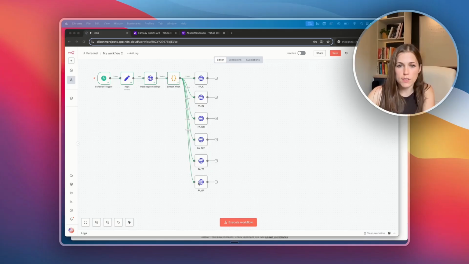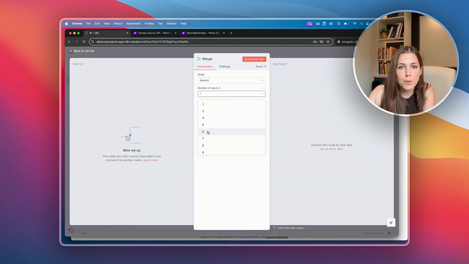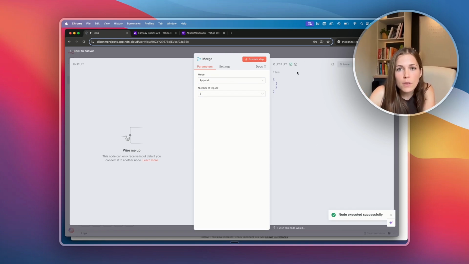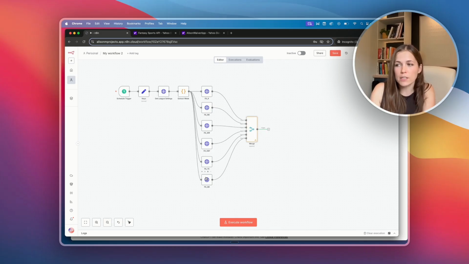All right, we've got all 6 position types added, and next we want to merge these all into one file. So we search merge here, and number of inputs is 6, and it's append. It just means it's going to be added to the end of each file into one mega file. And we're going to go in here and take our merge, and we're going to pull this into input 1. So now we have one mega file listing all of the available players in your league by their different position